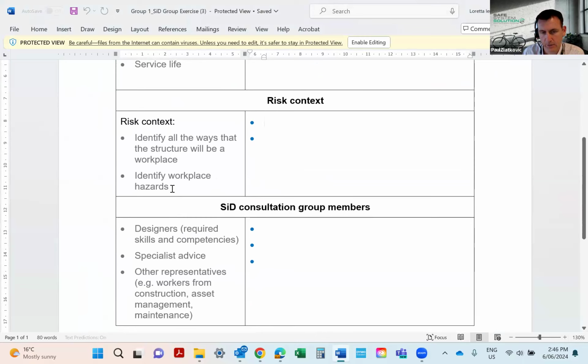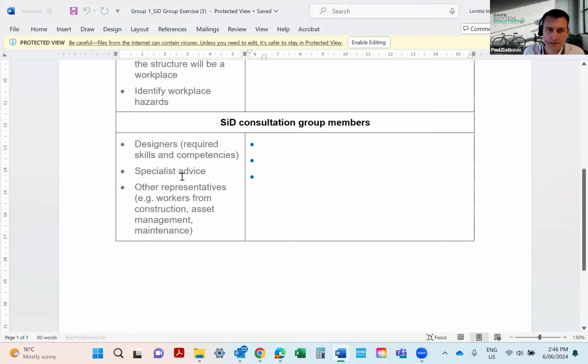Then lastly there on that Word document, identify your safety and design consultation group members. So that can be your designers, whatever design disciplines that you feel will need to be involved for that design project. Any specialist advice that you may need to seek